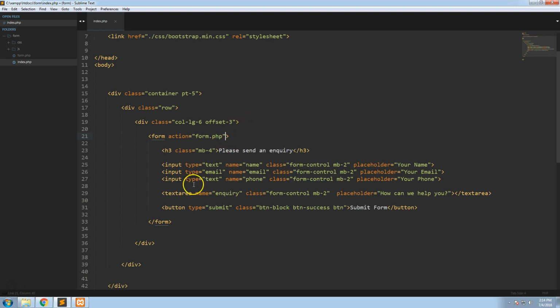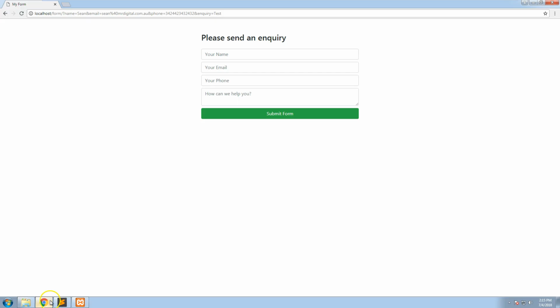So it's basically saying when you hit the submit button, send it to form.php. And then let form.php do what it needs to do to process the email. And then we also want to do method equals post. So we're telling it that it needs to post the data to form.php. So what we can do now is if we save this and we go back into our page and refresh it,